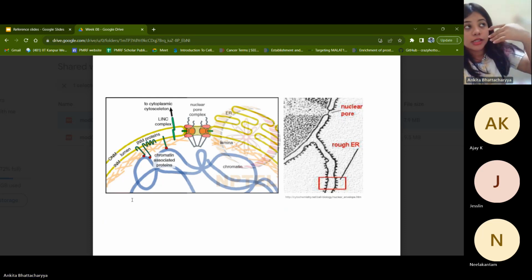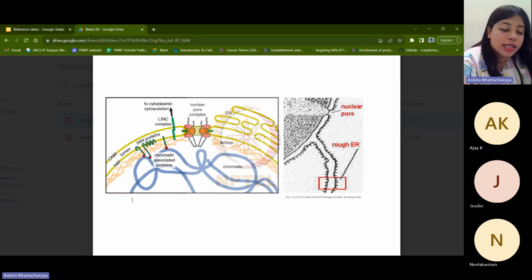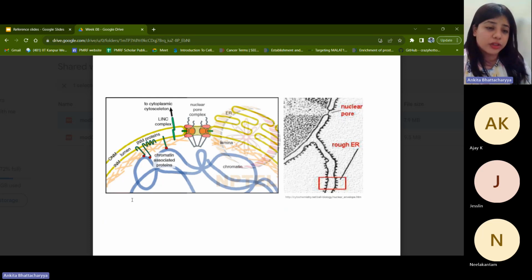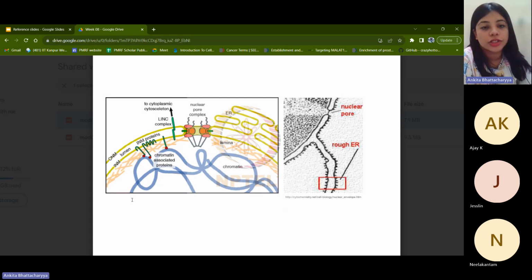So if you consider a cell, right beneath the cell membrane, we had seen that there is an actin meshwork which is present. We talked about actin sheets, actin bundles, actin networks, etc. All of these are present right beneath the cell membrane. If you just take that analogy and look here, you will see that beneath the nuclear membrane, you have this meshwork of nuclear lamina. And this nuclear lamina is the nuclear cytoskeletal architecture that is being linked to the cellular or the cytoplasmic skeletal architecture via the LINC complex.